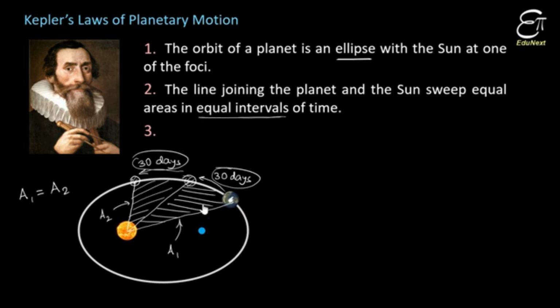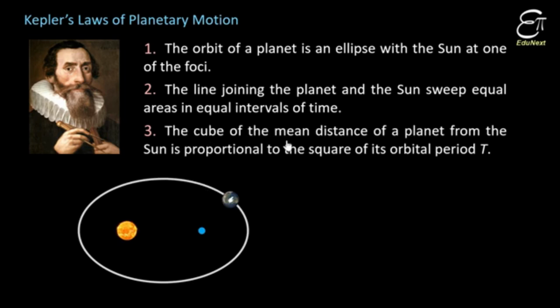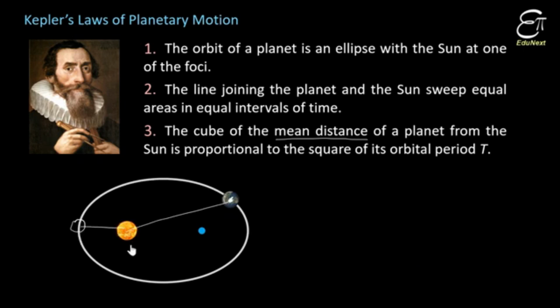अब चलिए third law की तरफ बढ़ते हैं, उससे पहले मैं इस चीज को मिटा देता हूं। तो third law जो है ये कहता है, the cube of the mean distance of a planet from the Sun। वैसे देखा जाए तो अगर elliptical path में ये घूमेगा, Sun अगर one of the foci में होगा, तो फिर ये distance जो होगा Sun के साथ इस planet का, यहाँ पर example के तौर पे हमने Earth माना था, तो Sun और Earth के बीच का जो distance है ये distance same नहीं होगा। देखिए ये जब घूम फिर के यहाँ पर आएगा तो ये distance कम हो जाएगा, फिर जब यहाँ पर आएगा फिर distance बढ़ते जाएगा। तो ऐसे में ये distance same नहीं है। तो mean distance का मतलब है average distance।